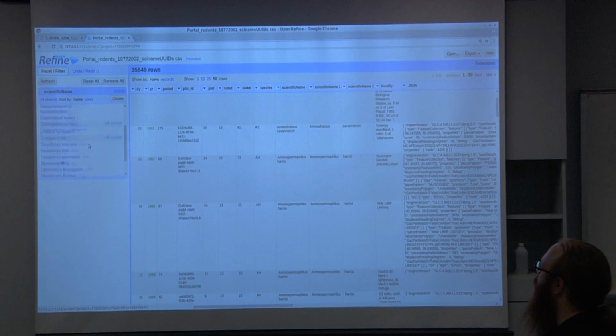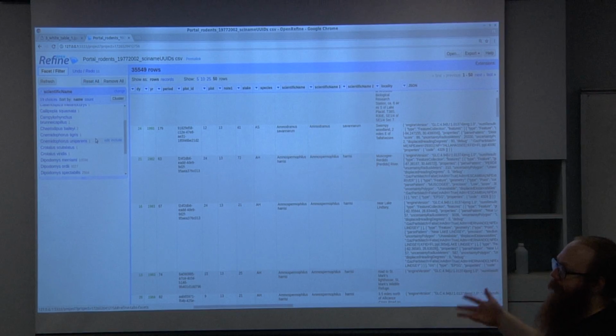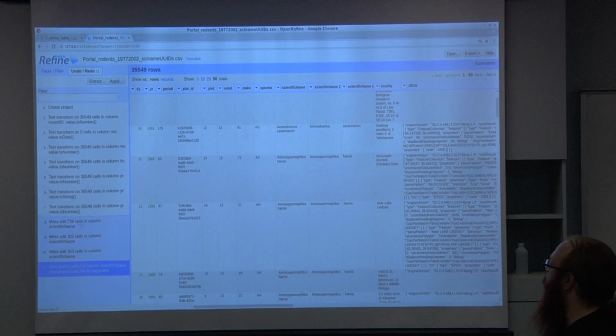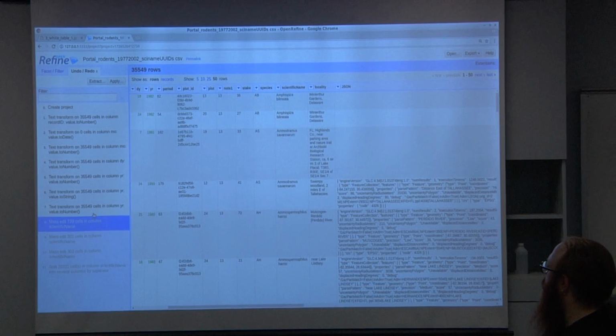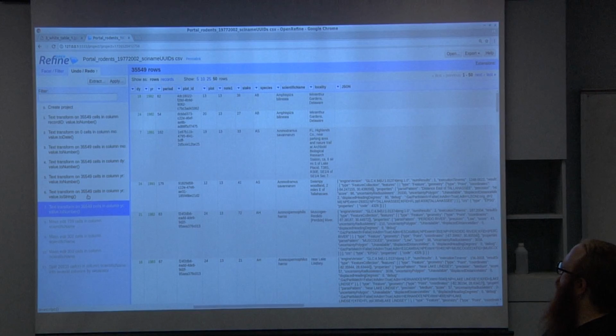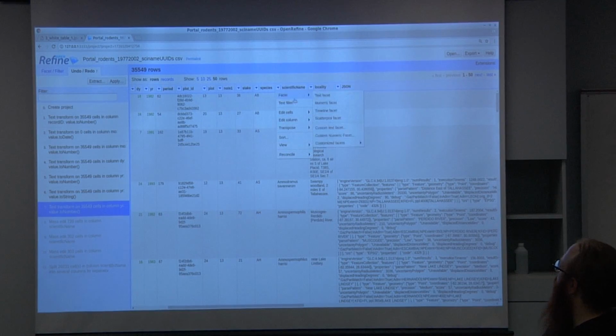I must have already, because of the way I clustered things, I must have clustered all that out. So I'm going to go back actually and undo those mass edits. Those mass edits were the clustering. And so now you declustered it to value to number, value to string. And so now let's